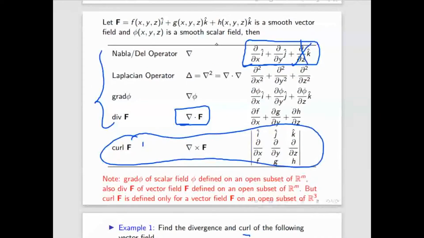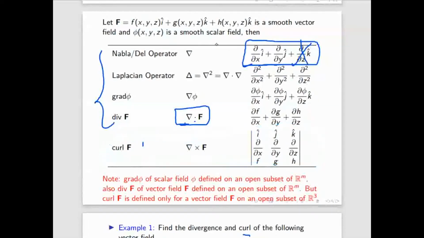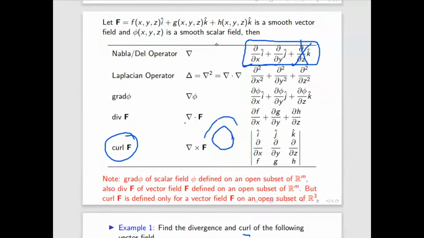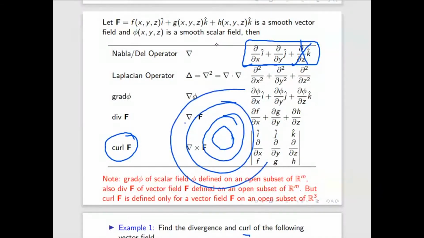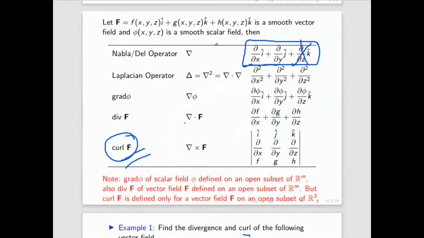The divergence of F is defined by this del operator dot F. The curl is defined by del cross F. So this curl actually represents the rotation in the field. That is the physics term. If you would like to draw this picture in 3D, the curl will represent something like rotation, where the vector will move like this. Suppose if this is circular, then in 3D it will look something like this. So if the curl is 0, that means there is no rotation. It came from the physics.